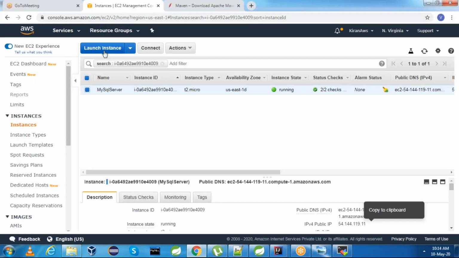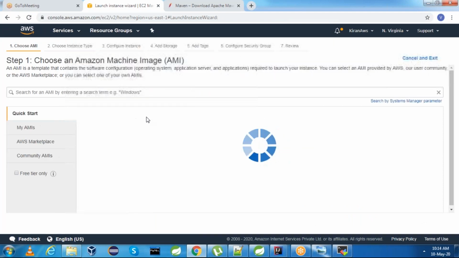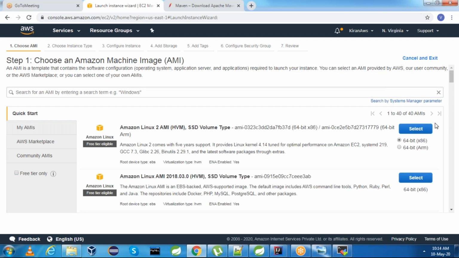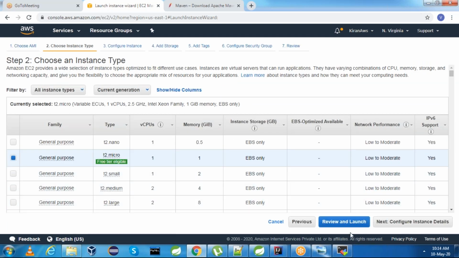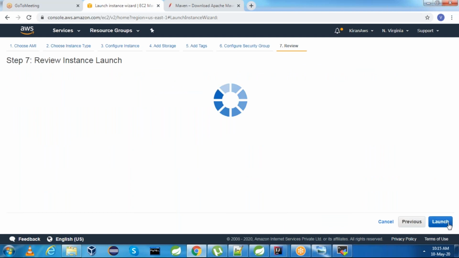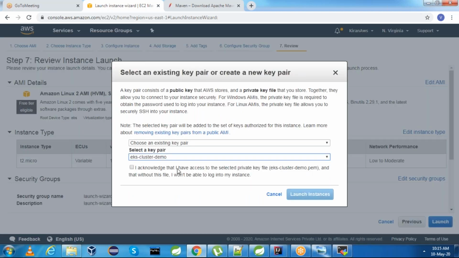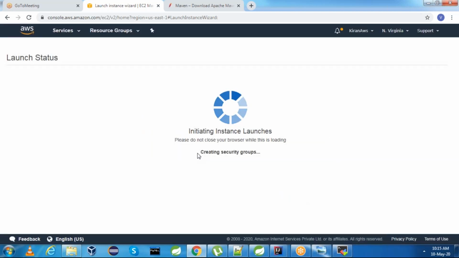Let me launch one more instance, launch instance, Amazon Linux 2 AMI, T2.micro, review and launch, I acknowledge. And this server I will call it as MySQL client.